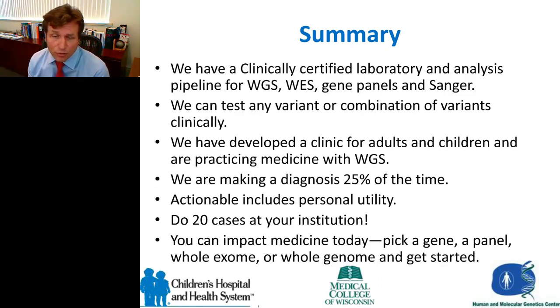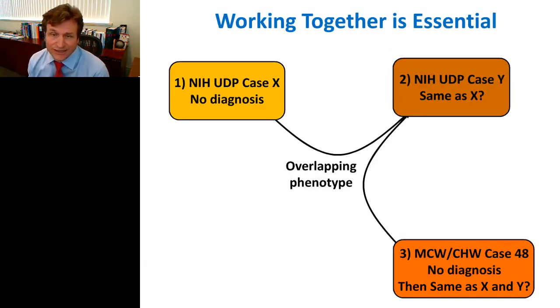And the other part that I think is important, why are we really pushing this? You having your patient sequenced and we all sharing data is going to be absolutely important in us figuring this out. So here's an example of a case. You can see this case on a Nova show called About Understanding Your Genome, where we were on Nova and we successfully failed. I'm going to say that again. Successfully failed to make a diagnosis on our case 48, which down in the lower right-hand corner, we didn't make a diagnosis. But in working with the NIH through their undiagnosed disease program, they thought they had a couple of other cases that had a similar phenotype.